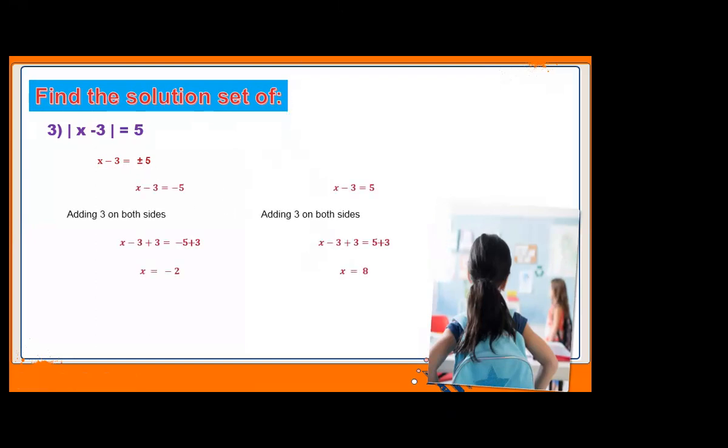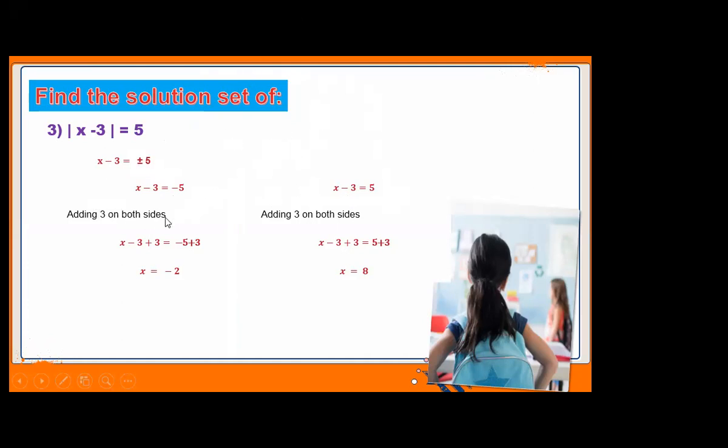Then in the next step, we have to draw the line in the center, and we have to write x minus 3 is equal to minus 5. First write down the negative number and then write down the positive number. x minus 3 is equal to minus 5, x minus 3 is equal to plus 5. Why have we written it like so? Because here the plus minus sign is there, so we get x minus 3 is equal to minus 5, and x minus 3 is equal to plus 5.